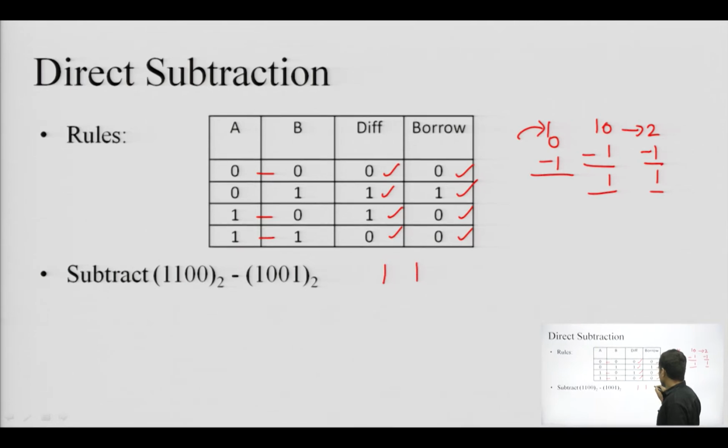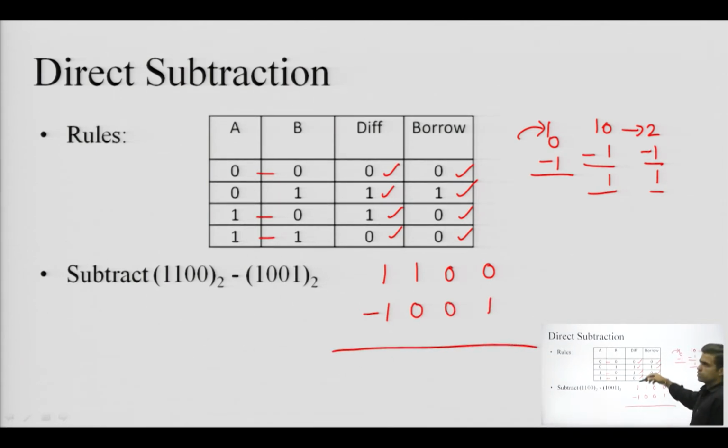So, 1100 minus 1001. I will be writing the borrows here instead of writing the borrows upwards. So, 0 minus 1, difference is 1, borrow is 1. Okay. 0 minus 0 minus 1, ultimately it becomes 0 minus 1. So, 0 minus 1 is again difference 1, borrow 1. Now, 1 minus 0 minus 1 is effectively 1 minus 1. So, 1 minus 1 is 0 with borrow 0, and this 1 minus 1 minus 0, ultimately it is 1 minus 1, that is 0. So, it is 0011.